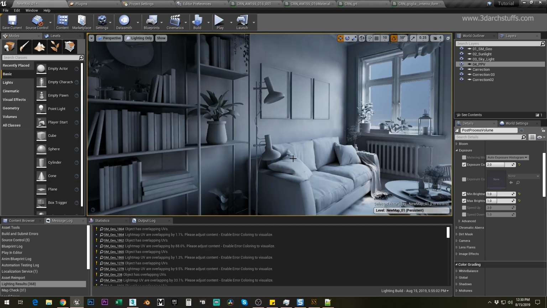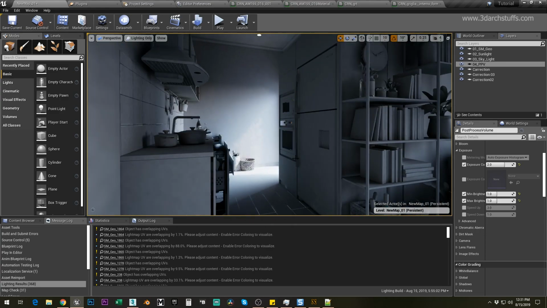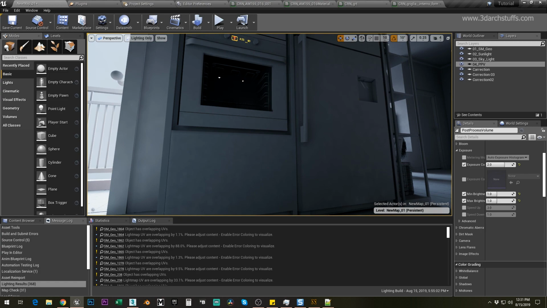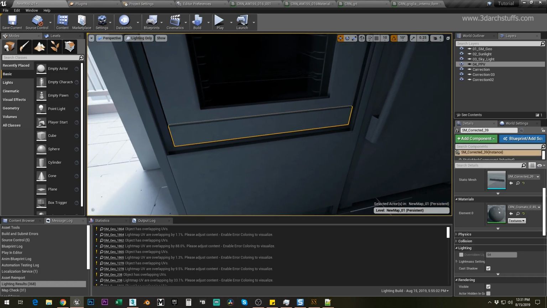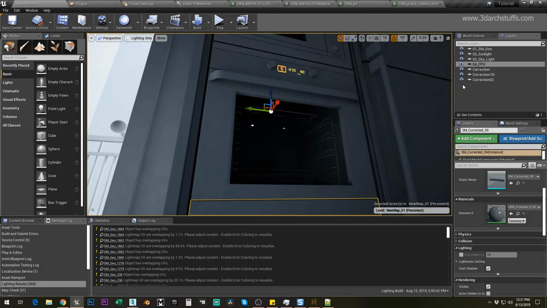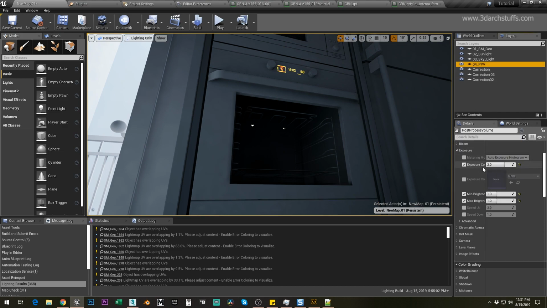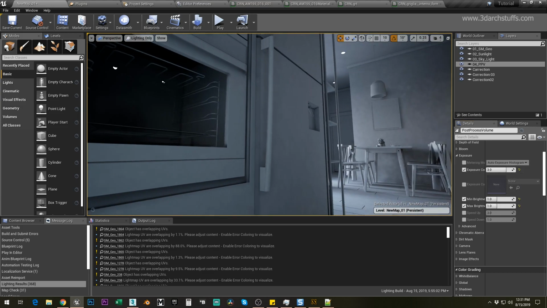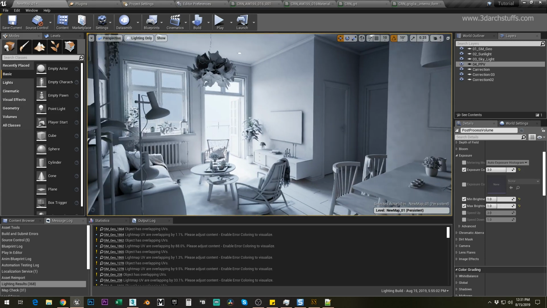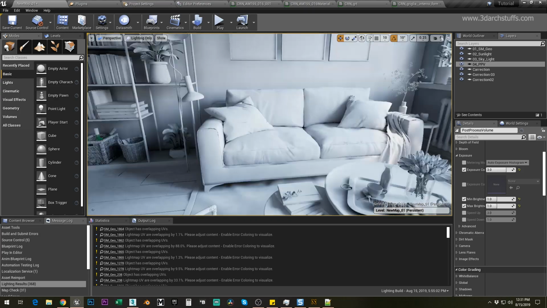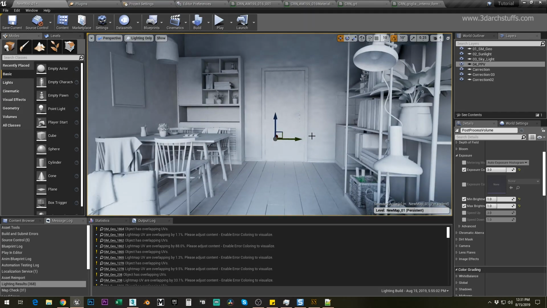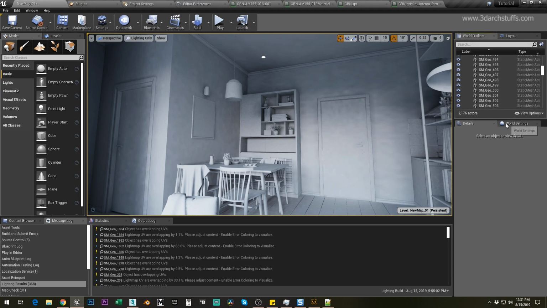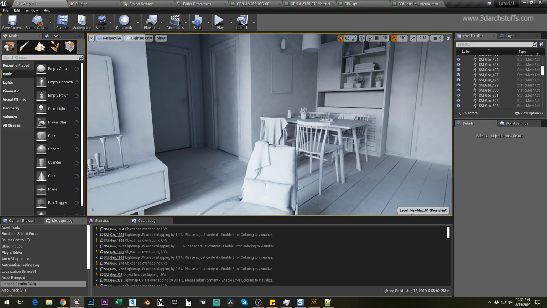So after the light has been built, we'll just go ahead and cross check here. Everything looks fine and dandy. Go ahead and improve it to maybe 3. Yes, I think everything is perfect now, and let's go for our lighting. So for detail lighting, what we'll do is we'll go ahead and